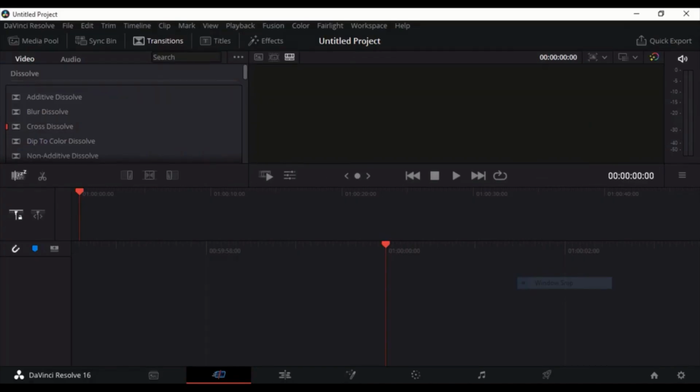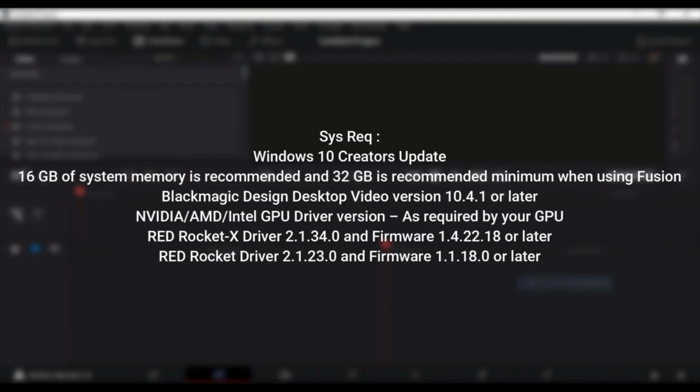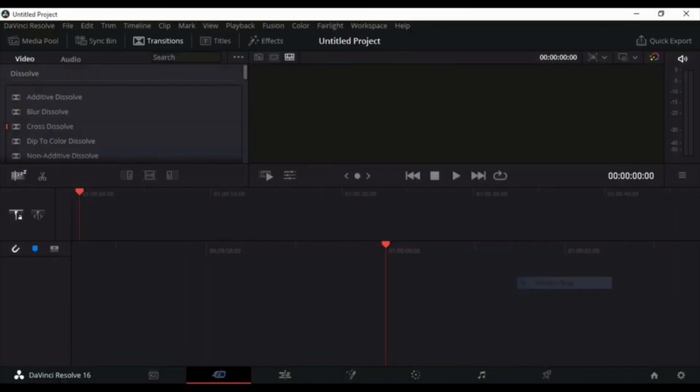Video editor in our list, and you have to see a full tutorial about this. It's available for about 1.3 GB. It was used in many cinematic works. It gives you cool effects and transitions, many cool features I can cover only in one video, and it's available for Windows, Mac,